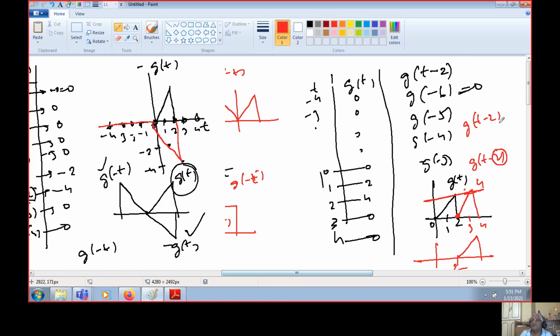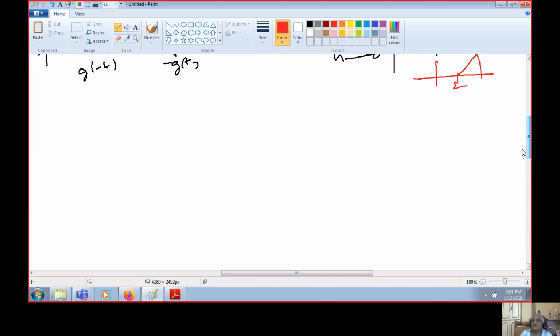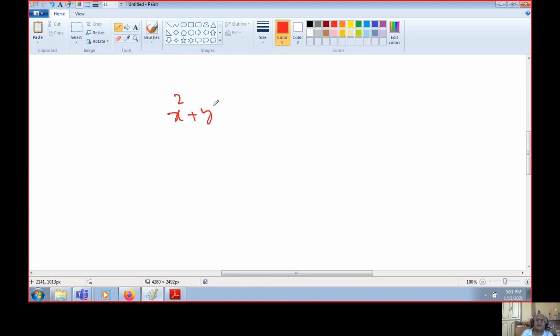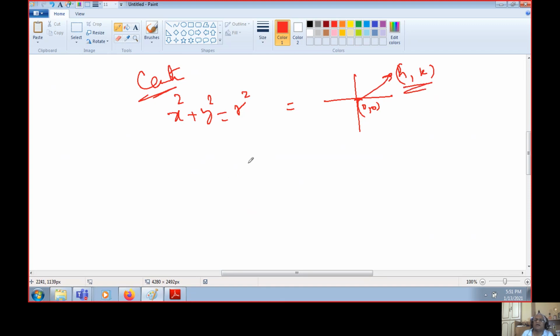Now just to remind you, you already know what all this is about. For example, if I ask you, what is the origin of this circle? According to coordinate geometry, what is the center of this circle? Center of this circle is origin, that is 0, 0. Now, supposing I tell you the center is shifted to h, k. What is the equation of the circle?